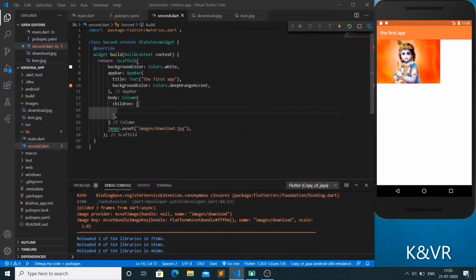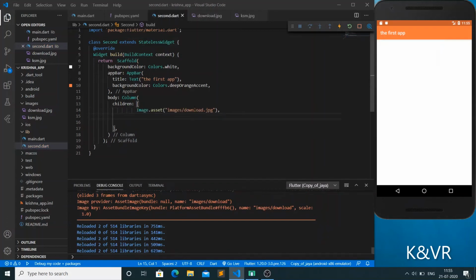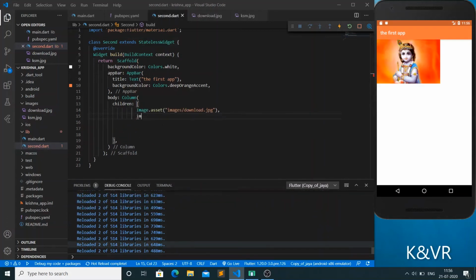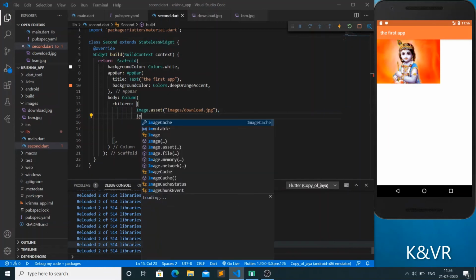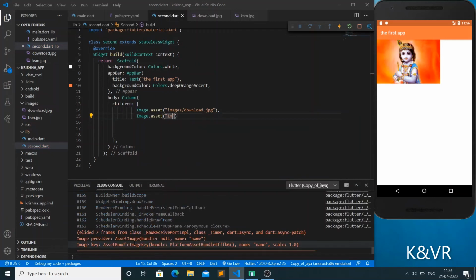It is like inheritance, so we want to give children. Just cut it and paste it in the children. I am giving the second image with Image dot asset, and give the images folder.